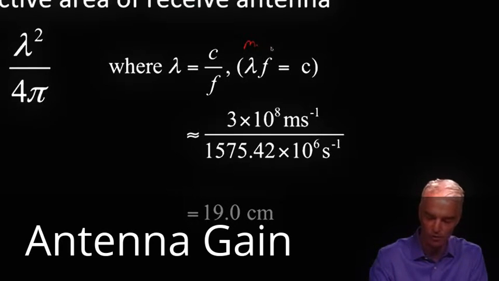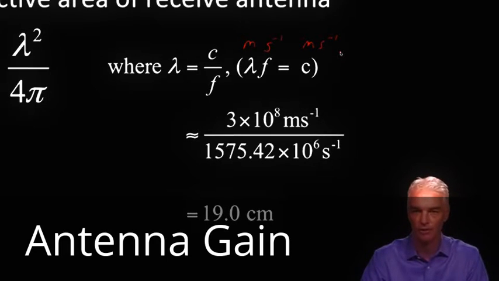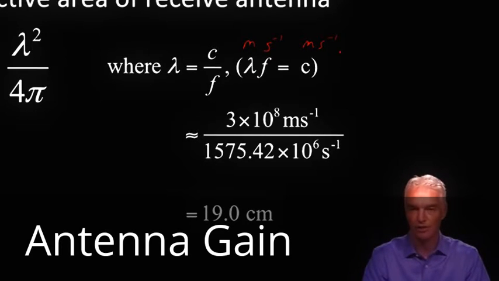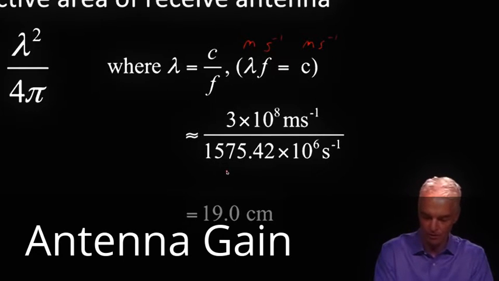Just a nice trick to remember that is look at the units. The wavelength would be in meters. The frequency would be in hertz, which is seconds to the minus 1. So meters times seconds to the minus 1, which is the same thing as speed, meters per second. So you make sure you have your formula right. So lambda f equals c, lambda equals c over f, plug in the value, speed of light, the L1 frequency of GPS. This is one of the few things you really have to remember,